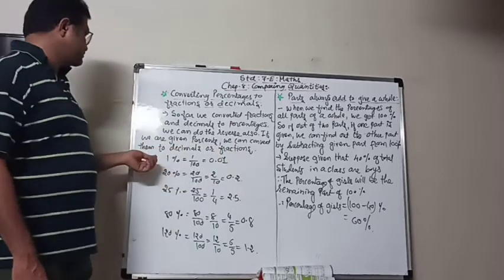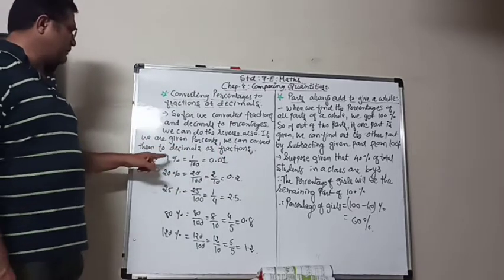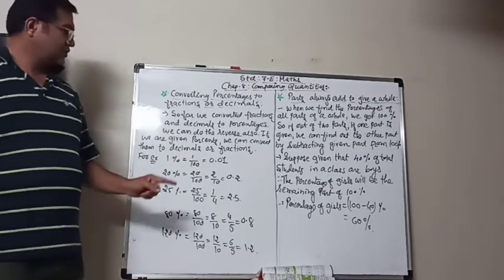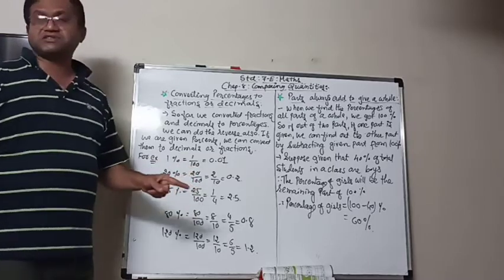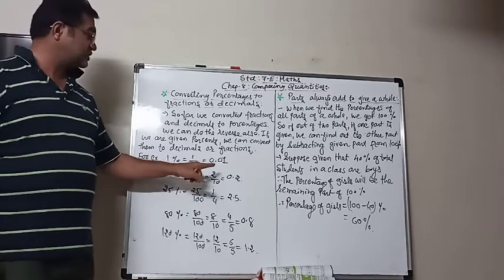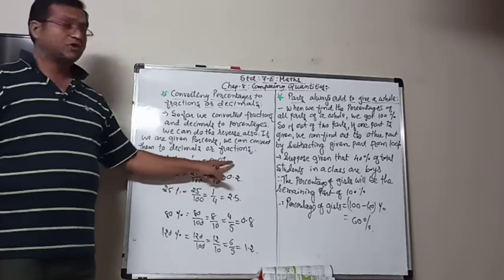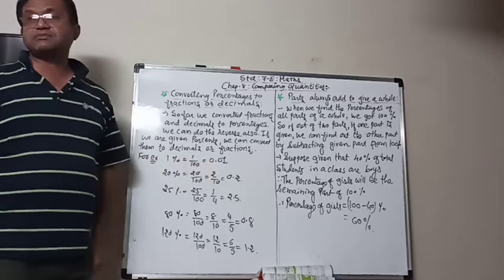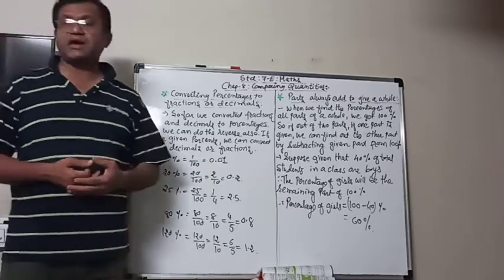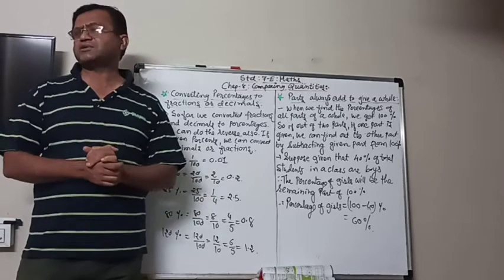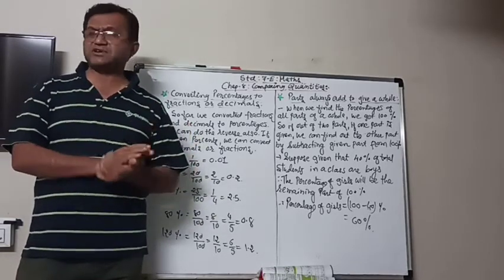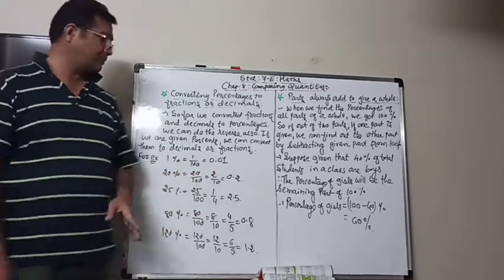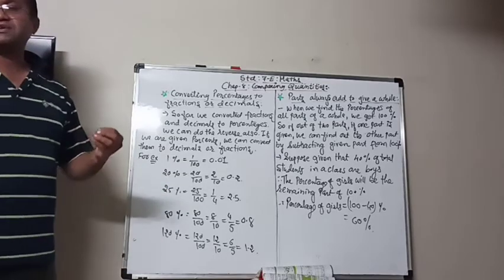For example, look here, 1%. 1% in the form of a fraction we can write as 1 upon 100. And we know that it is 1/100th. It means that it is 0.01. So this is its fractional form and that is its decimal form. So whatever the requirement is, according to that, we can write the percentage in either fraction or decimal form.